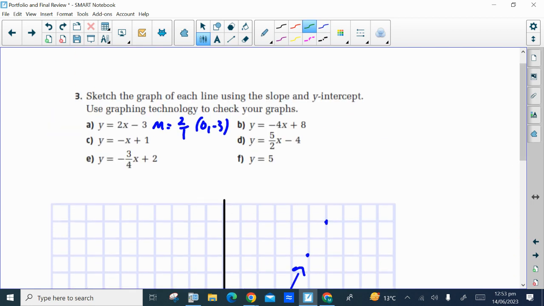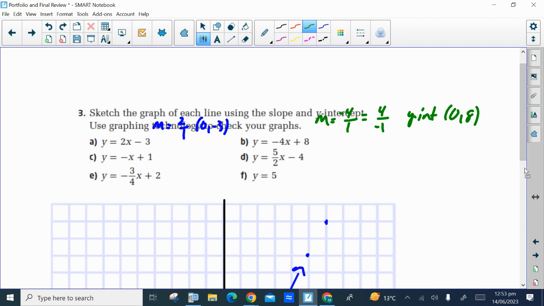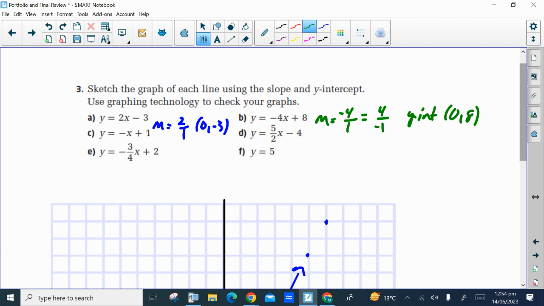So for question B, that is in slope-intercept form because you have positive y by itself on one side, everything else on the other. And the slope is -4, which is -4/1. Or you could also say 4 over -1. They both work. And our y-intercept is +8, which is the point 0, 8. So 0, 8